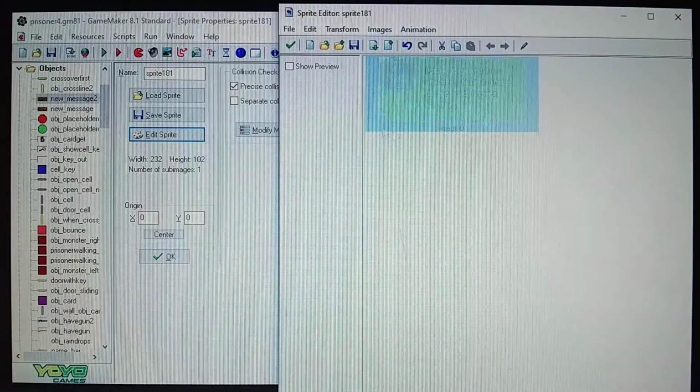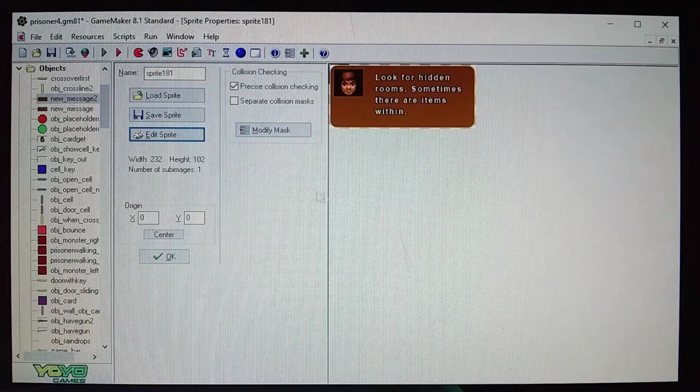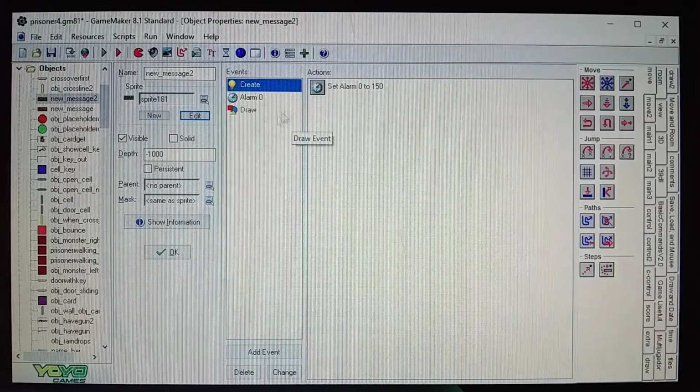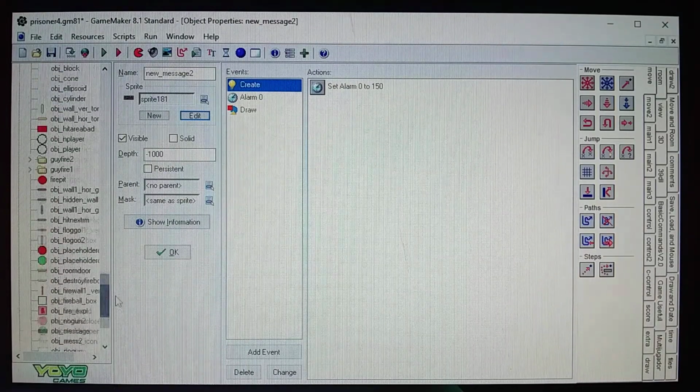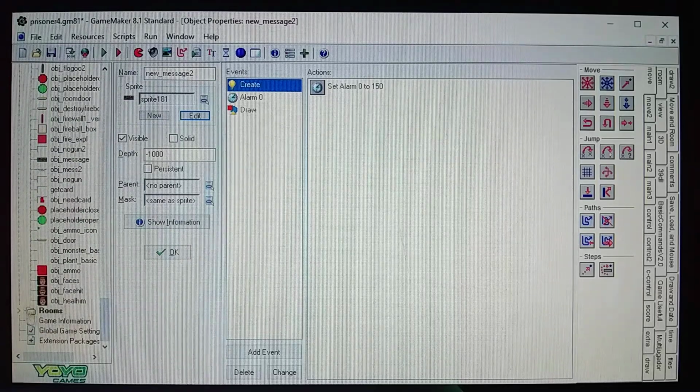And like I said, all this I've done before in the past, but it's done all in one video. So the size here, the width is 232, the height is 102, and then the crosshair is way in the corner there. Origin X0, Y0. Okay, so how that message is done is there's a line. There's two lines here that I cross. One of the lines pops up a message here, and I will show you in the rooms here